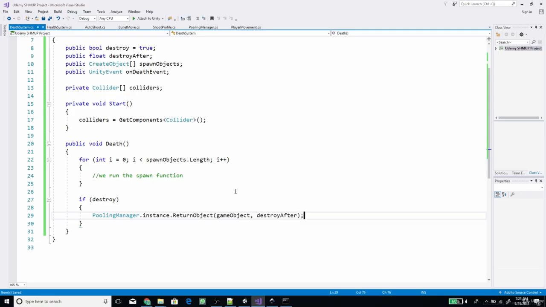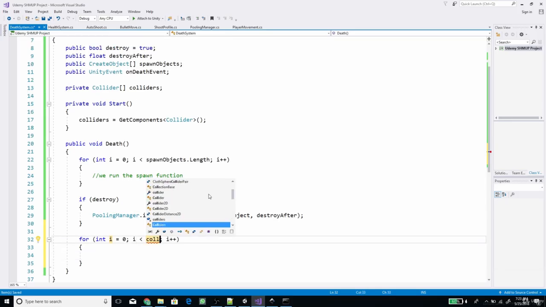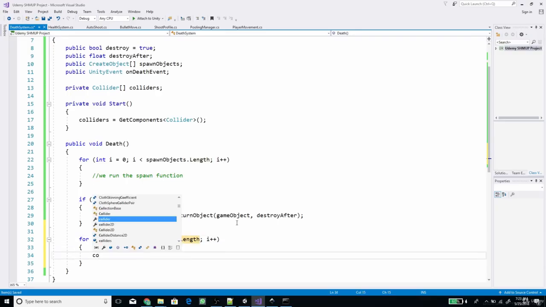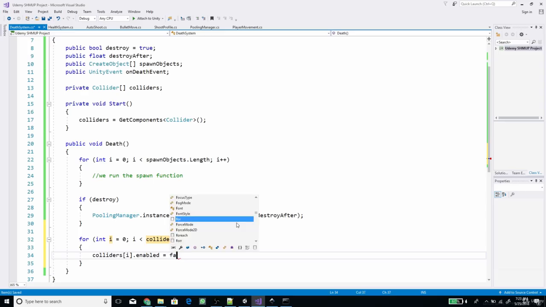And now we want to disable all of the colliders, so we need to create another for loop here below. And for the length, we can just use the colliders variable dot length, and this will return the number of colliders that are being grabbed on the start. And let's just disable using the index of i. So just type colliders and then pass the index using a square bracket. And we want to access the enabled property, and we can set its value to false,